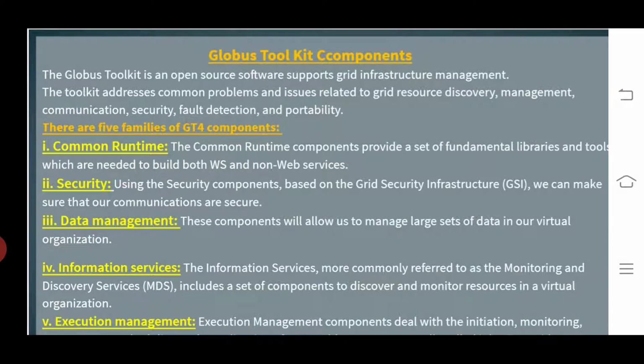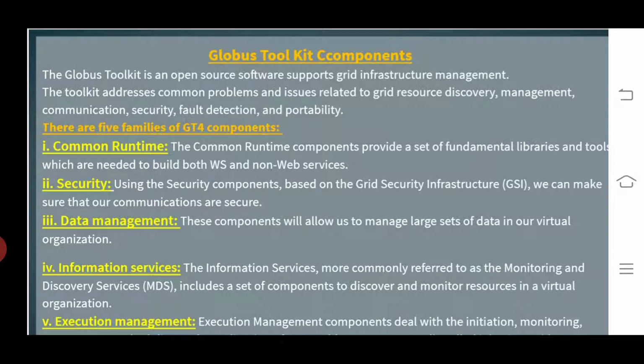The Globus toolkit is open source software. It supports grid computing infrastructure and management. The toolkit addresses common problems and issues related to grid resource discovery and management, communication and security, fault detection and portability.